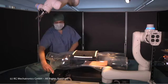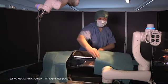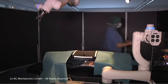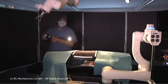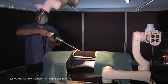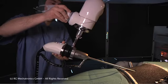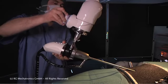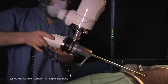The patient is prepared for the operation. Now the endoscope is collected from the rack and introduced to the patient. The robot is moved into position for docking with the endoscope. The two are connected,